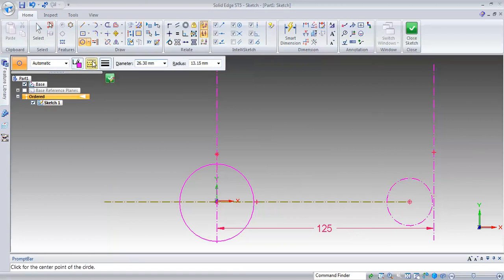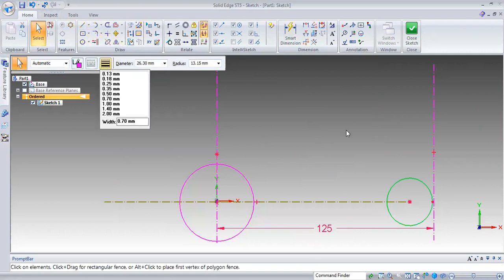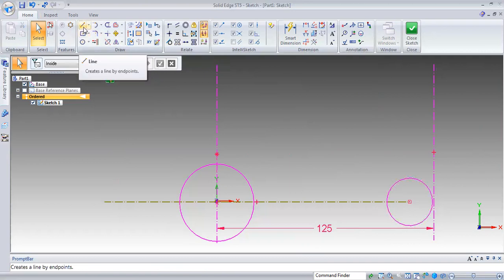Again, it is a dotted line. If you change the property, you have to again change the properties as per the dimension. Next, you make the tangent.